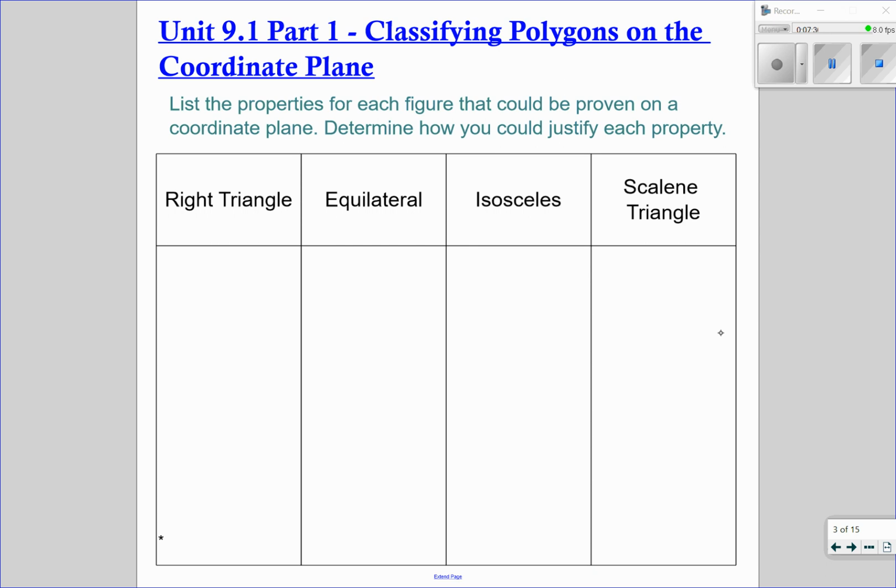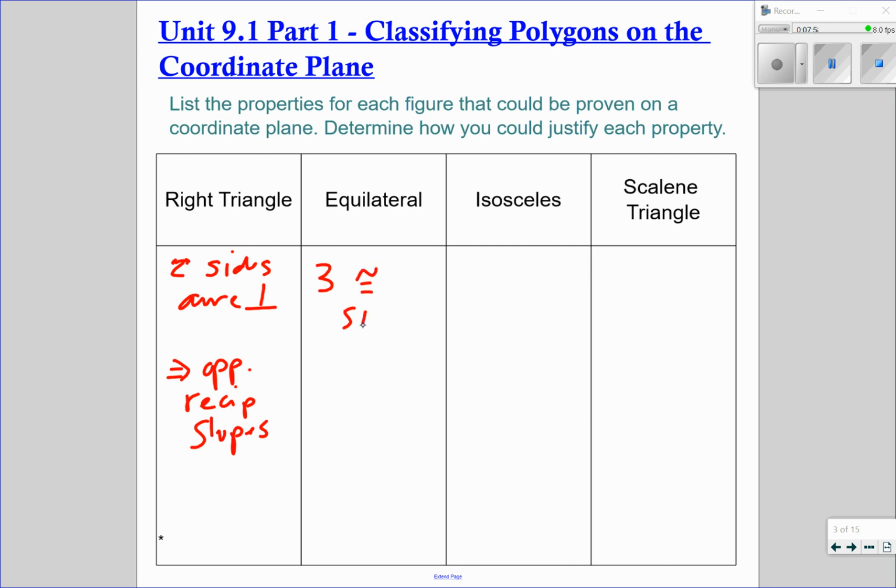So for a right triangle, we would need to show that 2 of the sides of the triangle are perpendicular to each other. And we show that by opposite reciprocal slopes. This would justify the right angle and therefore the right triangle. An equilateral triangle, we'd have to show 3 congruent sides. And to show congruent sides on a coordinate plane, we would use the Pythagorean theorem,